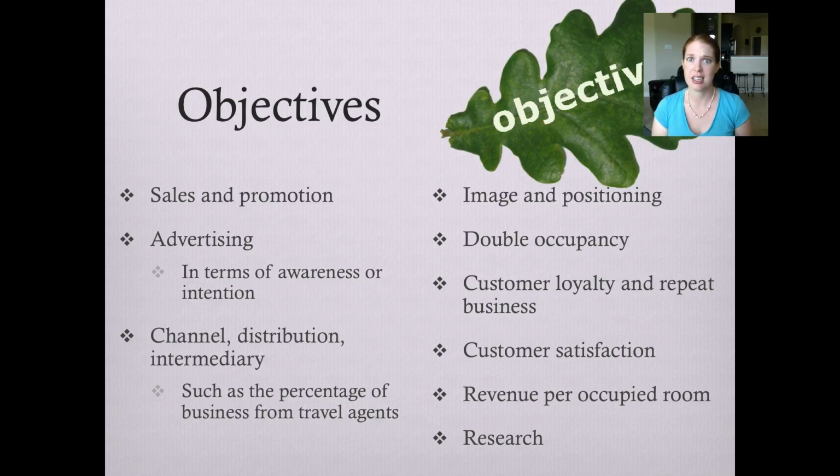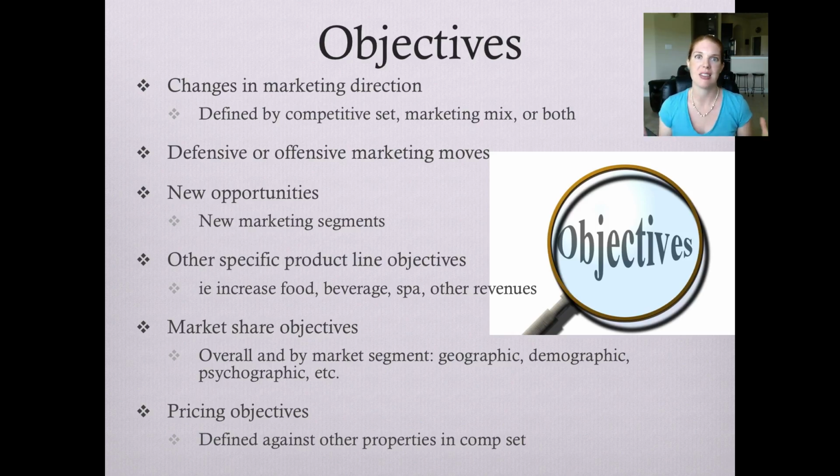Maybe you want to increase customer repeat purchase and loyalty, focusing on that loyalty and relationship rather than trying to get the new customers. We just looked at in Chapter 4 how repeat customers are much more profitable long term than new customers, simply because you're not having to put that same effort into maintaining them, hopefully, if you have a really good product. Maybe you want to increase your revenue per occupied room, so you're going to focus on building new channels of revenue. So you're going to try to increase the amount someone spends. Maybe if you're at a restaurant, you're trying to upsell, you're trying to get them to buy more per check. And so maybe these are your objectives. Maybe you're looking at increasing your research because you want to understand the market better. So all these are the kinds of objectives you can have.